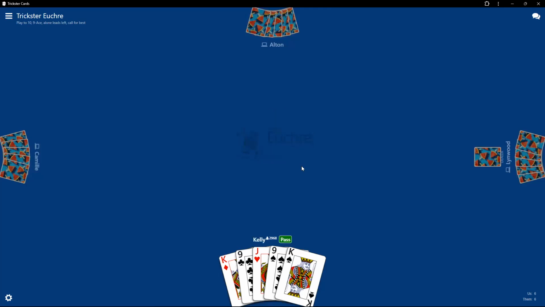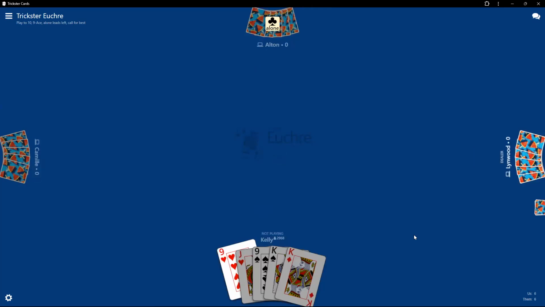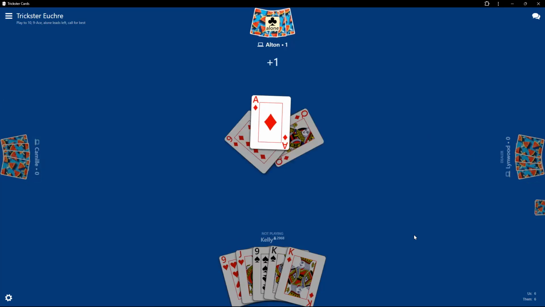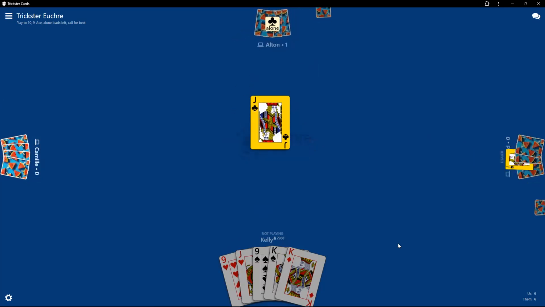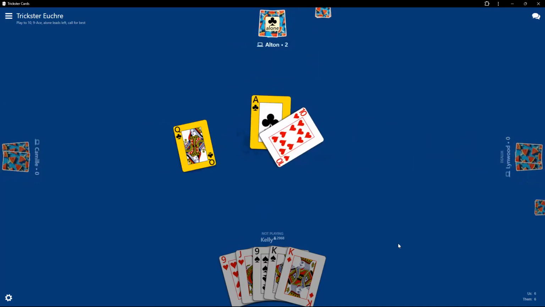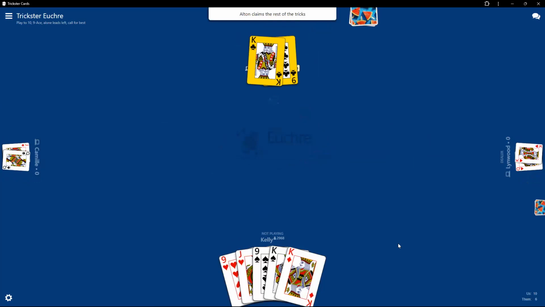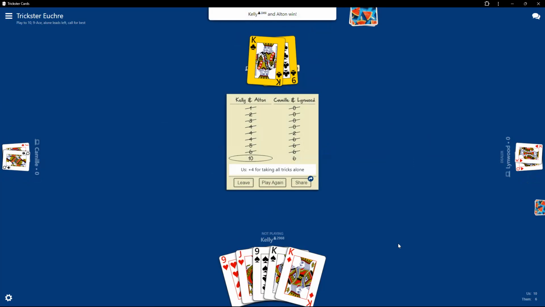Definitely going to pass on this. And my partner's going alone. Don't you love it? You're concerned that somebody else is going to call it and or go alone, and then your partner does. I guess I need to remember more often that my partner has 21% of the cards and four are buried. See, that's nice. So that's a ten. Okay, you know what? I know I said one more, but I'm going to do it.